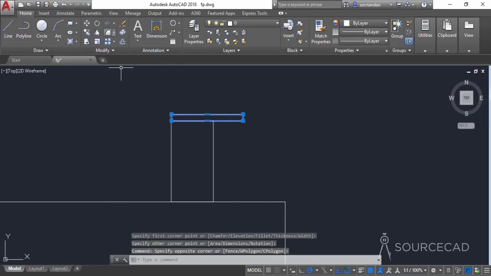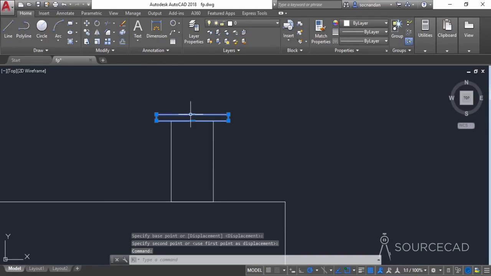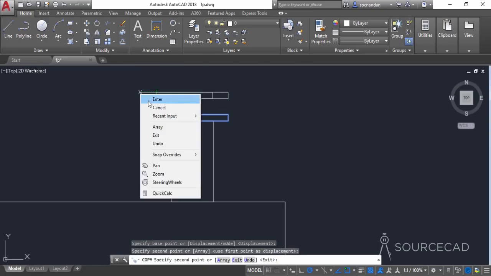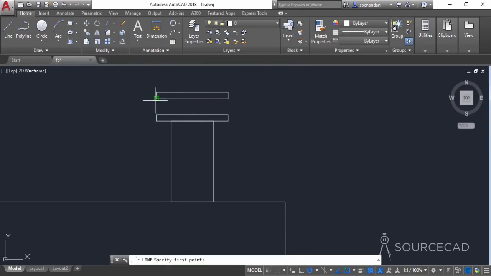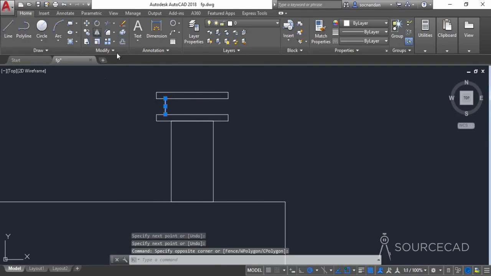this, and let's move it. So I'll select its midpoint and move it on this midpoint. Let's select it, make a copy up to a particular distance. All right, let's add a line and let's add it somewhere over here. Let's make a mirror image,